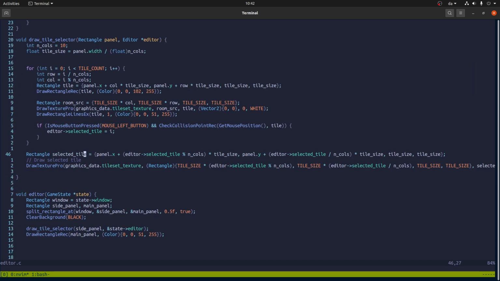Guess that's fine. But let's not draw it here. Let's draw it. We can draw it at the beginning of the panel. That's fine. And then we will draw it at